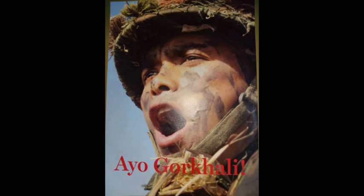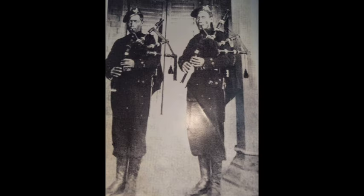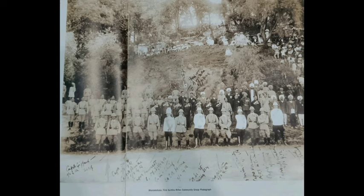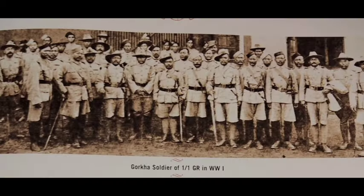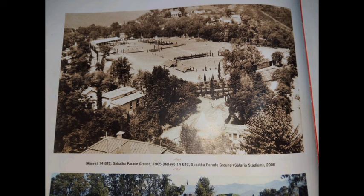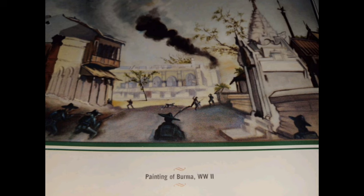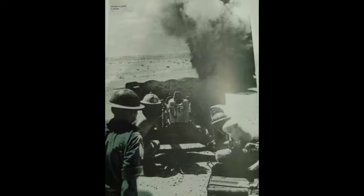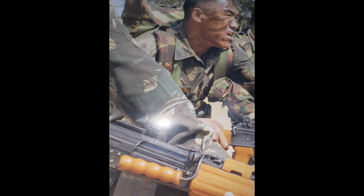आयो गोर्खाली, वीर गोर्खाली। वीरता को ध्वजा उचाली, आयो गोर्खाली।